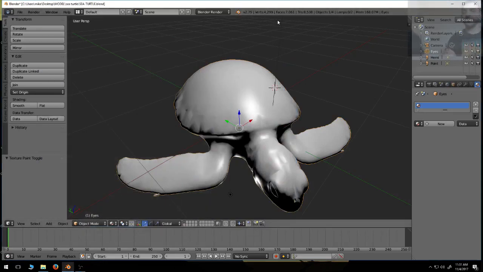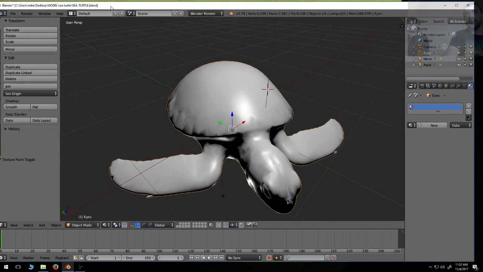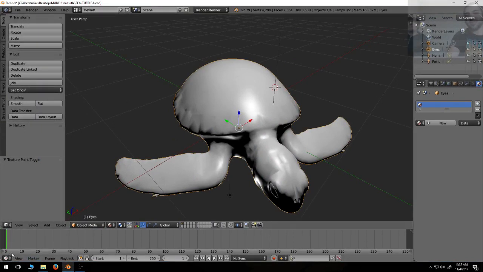Okay, this is how to set up a model from scratch for texture painting. First thing is that the application window isn't set up for texture painting. So we want to get rid of some of this extra junk. This window down here, which is called timeline,